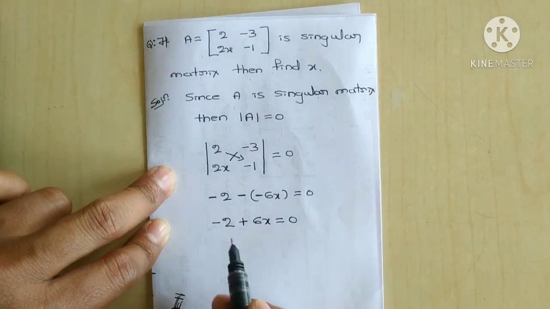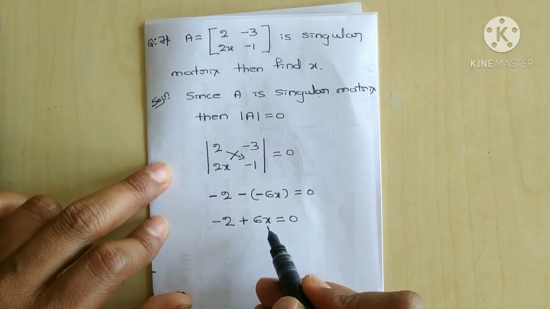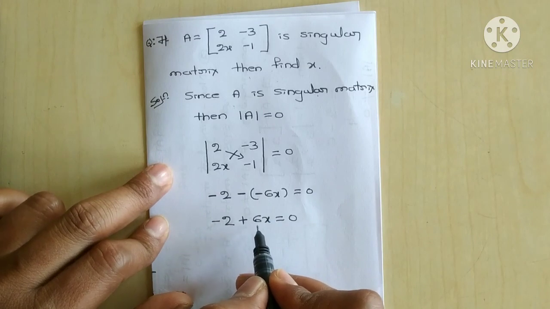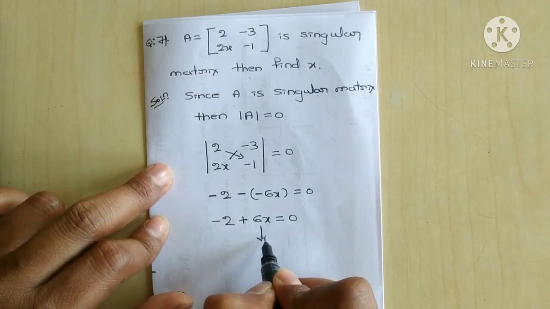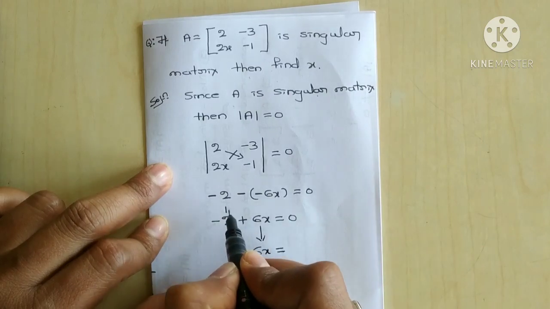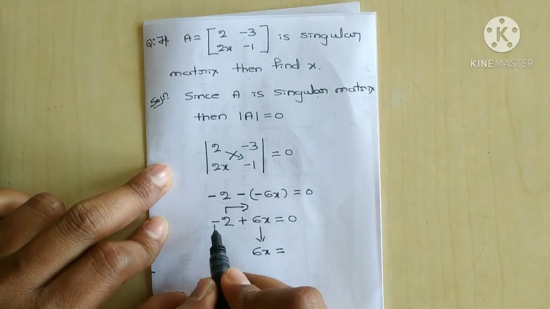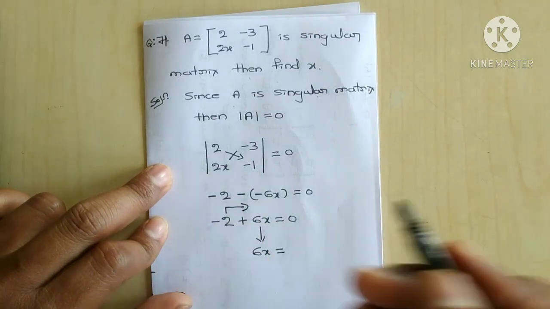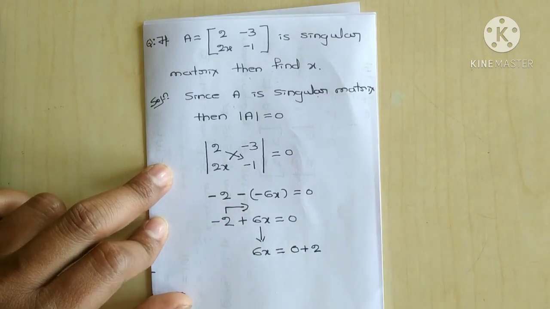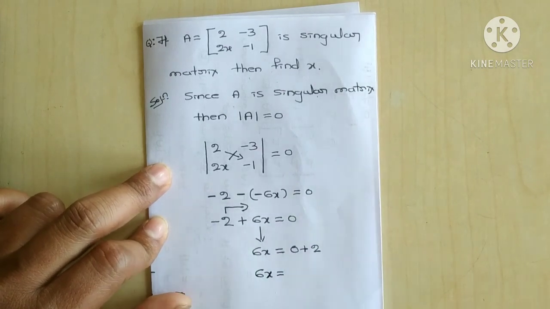Again you got an equation. In this equation you need to find the x value. Only one x is there, but 6 times. So I am going to keep this in the left hand side only. Next, I am going to shift minus 2 to the right hand side. So minus 2 becomes plus 2. Therefore 0 as it is, this is plus 2. Therefore 6x is equal to